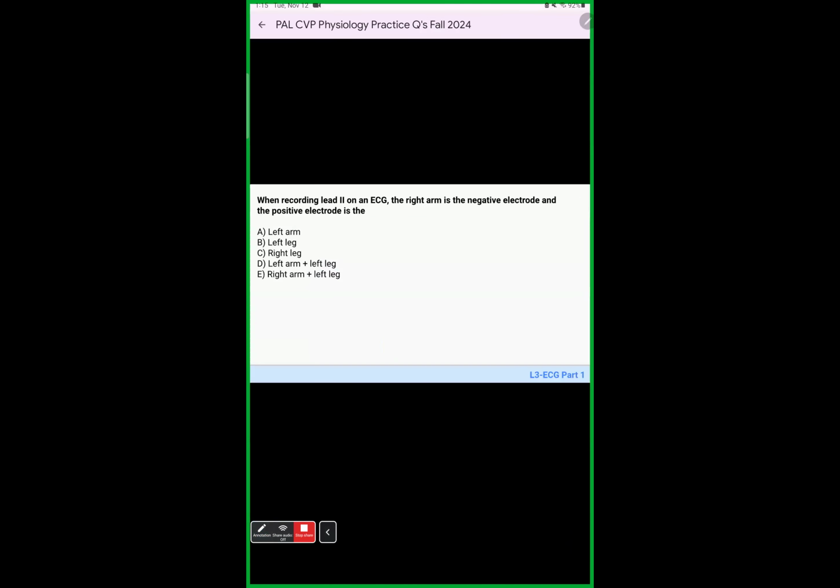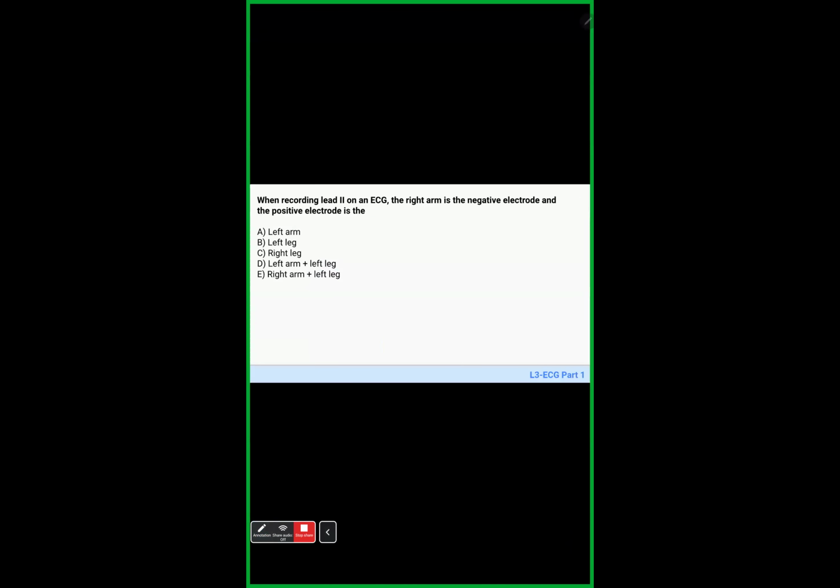Moving on to the next part. When recording the lead 2 on an ECG, the right arm is on the negative electrode and the positive electrode is on the